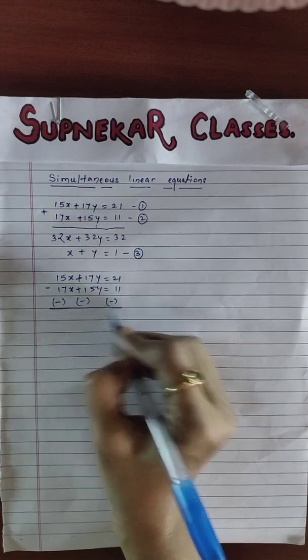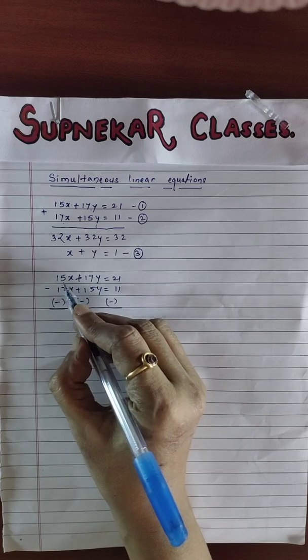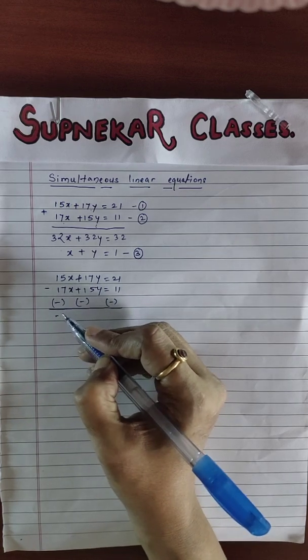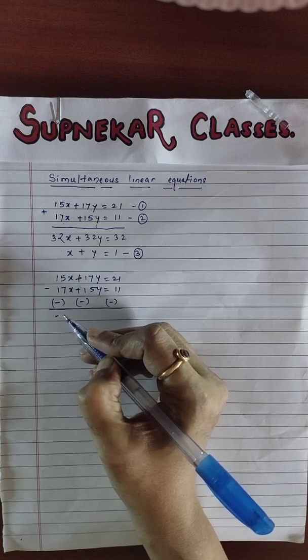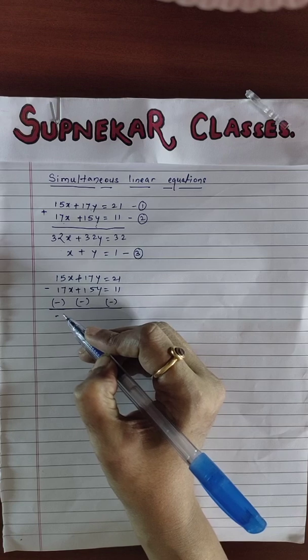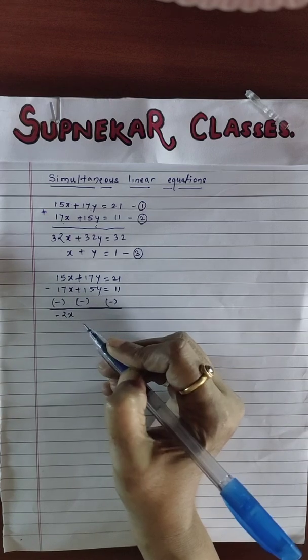Now you will have to consider this second equation, whole second equation's number signs will be in the changed form. So here it will be 15x and minus 17x you have to consider. Whenever one number has a positive sign and one number has a negative sign, we have to subtract the smaller number from the greater number, and the sign of the greater number will be given. I repeat, whenever one number has a positive sign and one has a negative sign, we have to do subtraction. The smaller number is to be subtracted from the greater number. The sign of the greater number will be given, so it will be minus 2x.